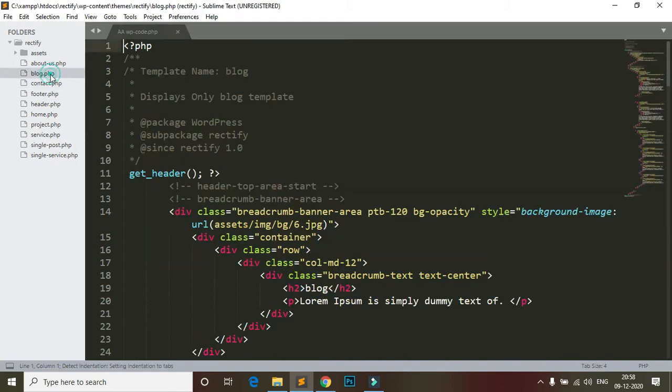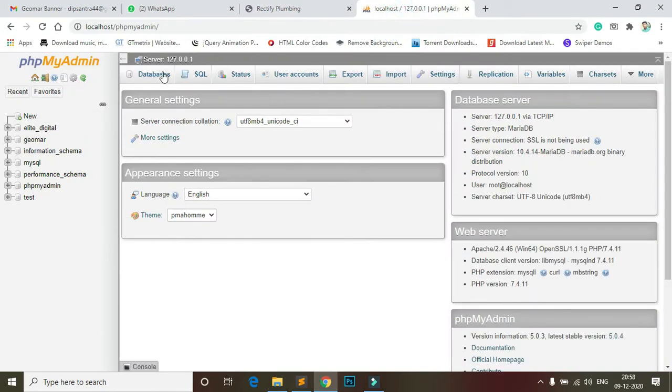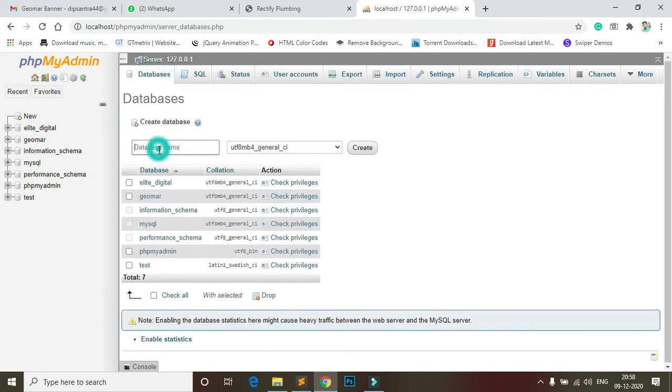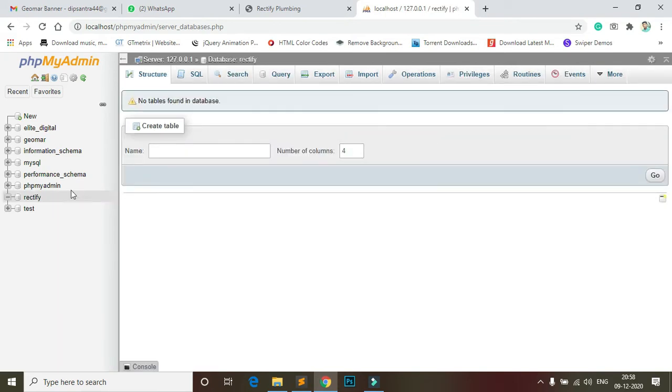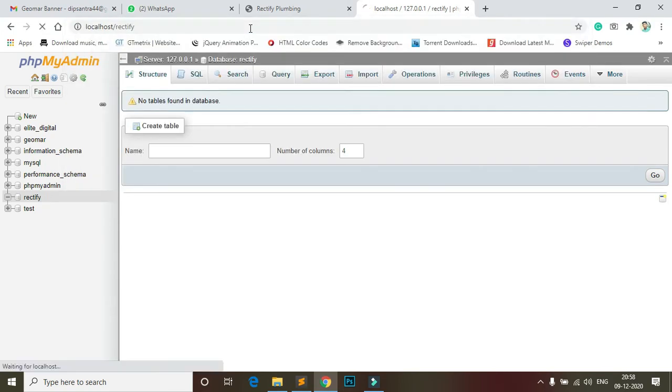So create a database with the name rectify. Then enter the database name and create. Then go to localhost, then rectify, and now you need to install WordPress.